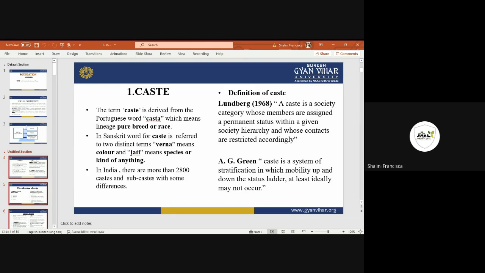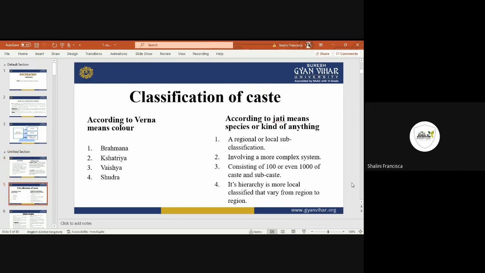According to their status, if they increase or improve their status, they can go up. If their status has been affected by different things, then they can come down. Then,